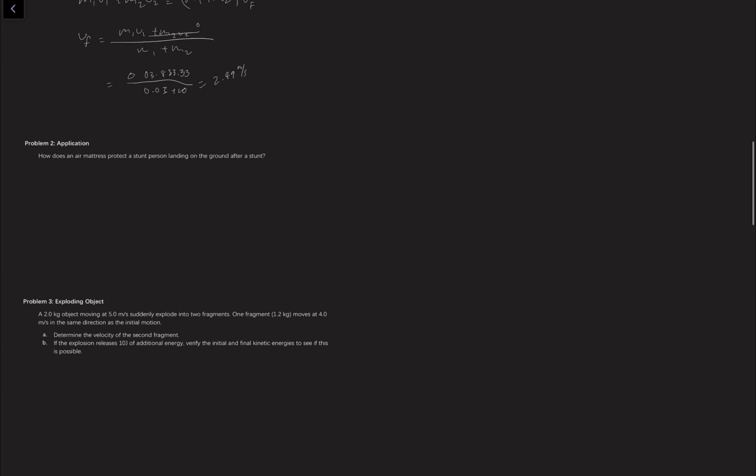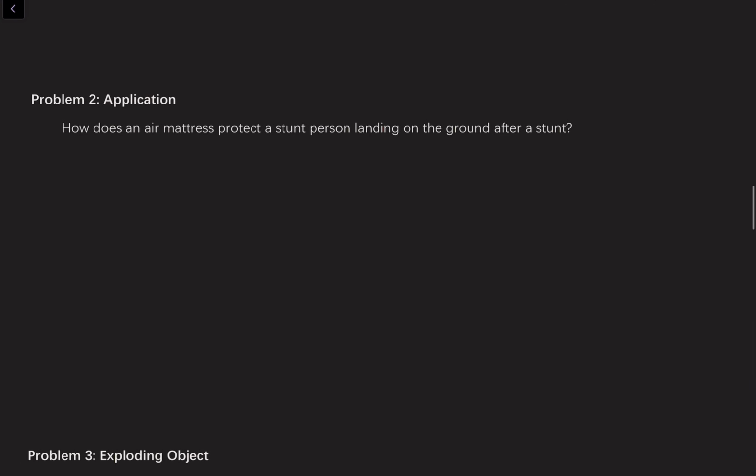Okay, let's talk about the next one. Let's talk a little bit about application. How will an air mattress protect a stunt person landing on the ground? Well, when the person hits the air mattress, it will go down. It will deform. It will ultimately look like this,